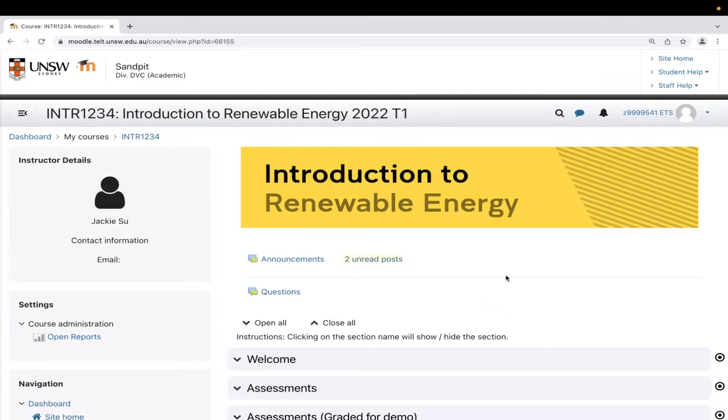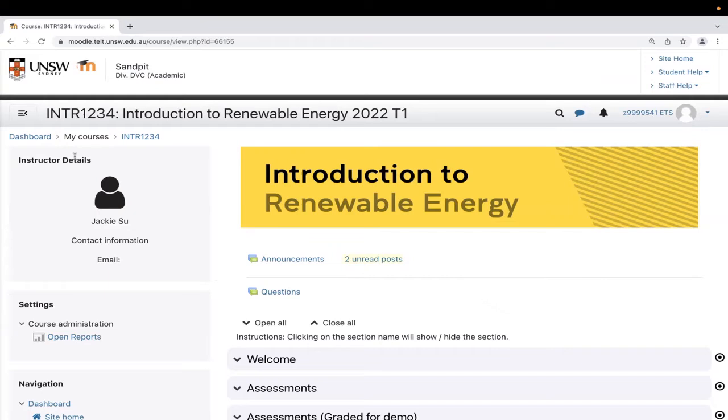So when you go into a course, the layout is actually rather simple. You might expect the course to be very complicated and a lot happening, but generally speaking, the course layout is mainly similar to the dashboard. On the left-hand side, you're going to see this blocks area that Adrian mentioned. The blocks are kind of just navigation options to help you, and also sometimes some additional information. For example, you will see the instructor details over here in many courses, where you can see a photo of your instructor and some of their contact information.